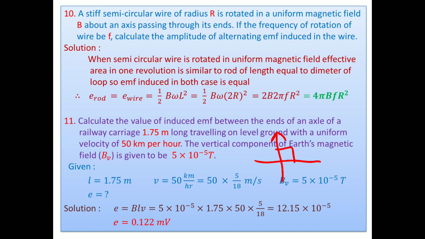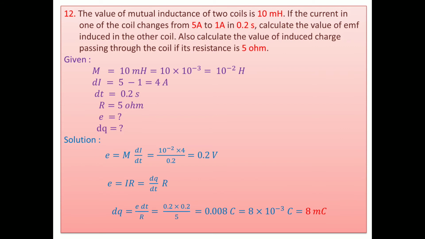Rearranging the terms, this 5 is a significant figure, 122 is taken directly, and 12 means here 0.1215 into 10 raised to minus 3 according to your book. And 1215, 5 gets converted into 2, means 1.122 millivolt. This is the answer given in your book. That's why it is converted. No need to convert it, keep as it is. It is given. Okay. Thereafter, we go through another numerical.